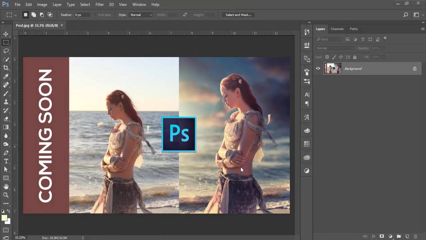Hello everyone, this is ASM Arif, welcoming you to my new Photoshop tutorial. Today I'll show you the technique of changing the background. This photo was like that and I changed the background, and I will show the technique of how to change it out, how to make the photo more realistic, and how to add the ambient light and other stuff in